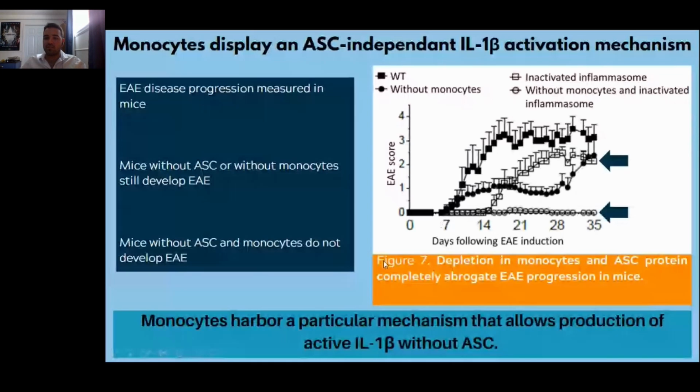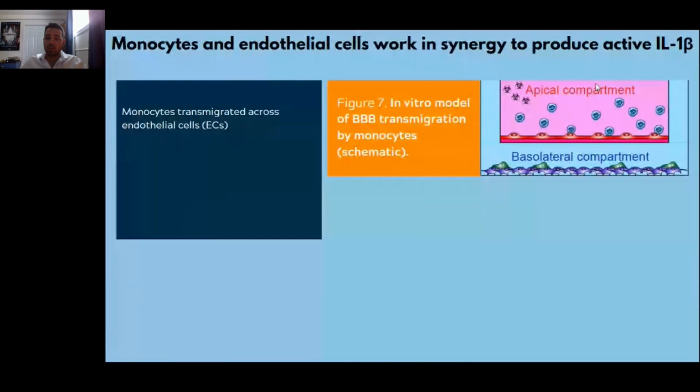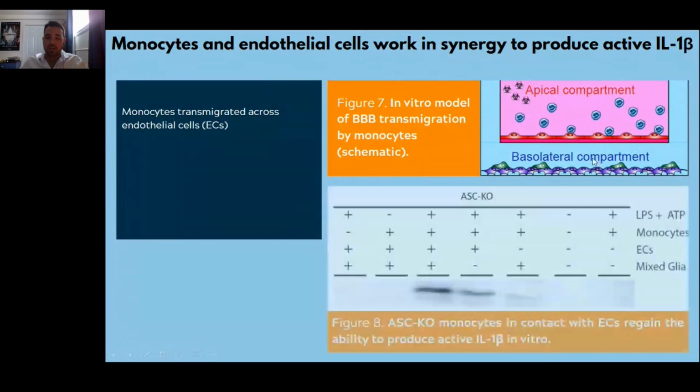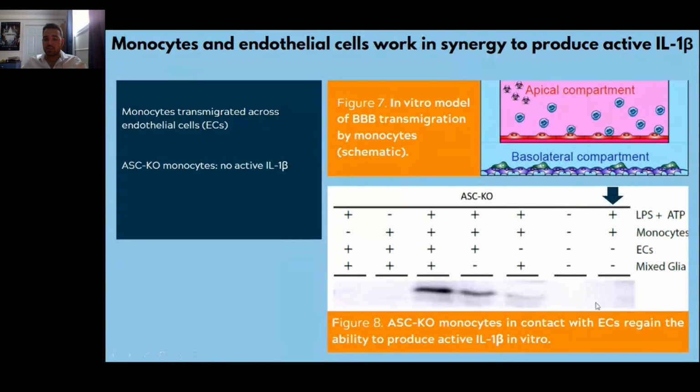So we studied these cells more deeply in vitro, where here we see monocytes that were allowed to transmigrate across a membrane seeded with endothelial cells, which represents the transmigration of monocytes across the blood-brain barrier. And we analyzed the production of active IL-1 beta using Western blots. So here we have our monocytes lacking the ESC adapter protein. And first, we showed that when these monocytes are alone, they do not produce active IL-1 beta. However, when they are in presence of endothelial cells, they are able to produce active IL-1 beta, which means that